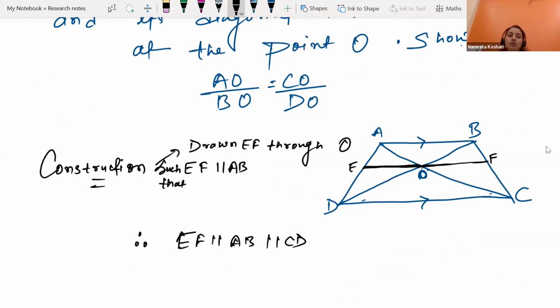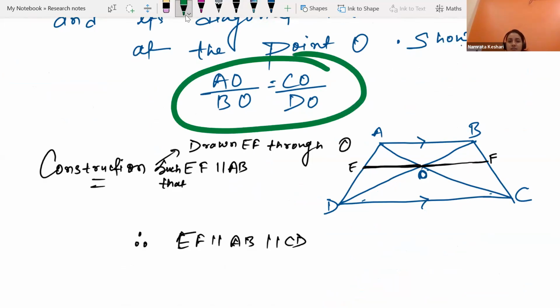Now let's focus on what we need to show, AO by BO. Exactly like this, it will be really difficult to find. But if we do the customization in the proof, and if we see the same thing as